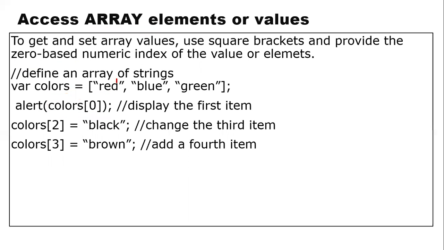So if you talk about this, the red value is going to be accessed using the 0 index, blue is going to be accessed using the 1 index, and then green is going to be accessed using the index position 2. Now, you can also change the values. For example, let's say this value, blue, I want to change to black. Sorry, the green I want to change, because I'm using the index position 2 here. If I write index position 2 is equal to black, then it will change the value in my third index position, that is green. It will be changed to black.